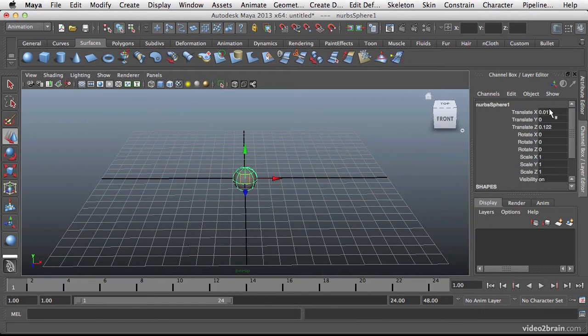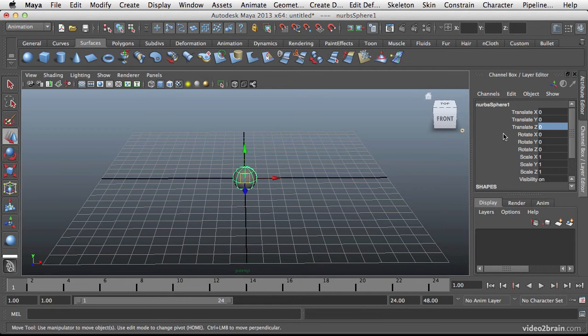Actually, let's go over to the channel box because it takes up a little bit less space. So here you can see the different basic scaling, rotation, and position attributes for this sphere. So if I take this and move it over, you can see that the translate X is changing. Now, since this is a field here, you can actually add keyframes to it. So there are a few ways to add keyframes inside of Maya, and we'll look at the most basic ways